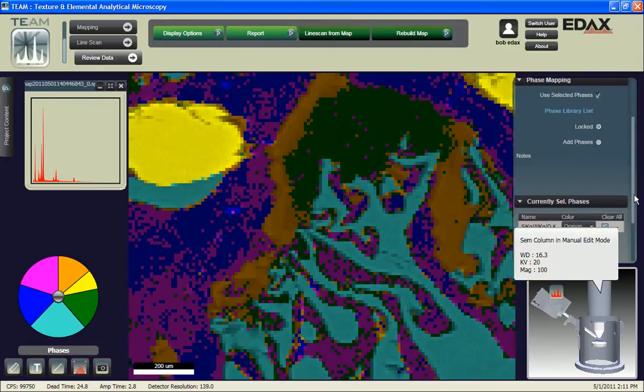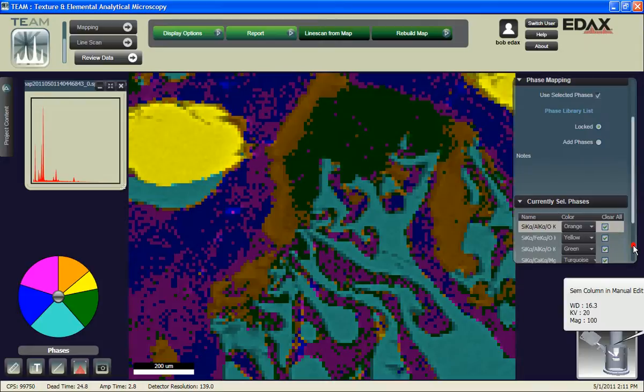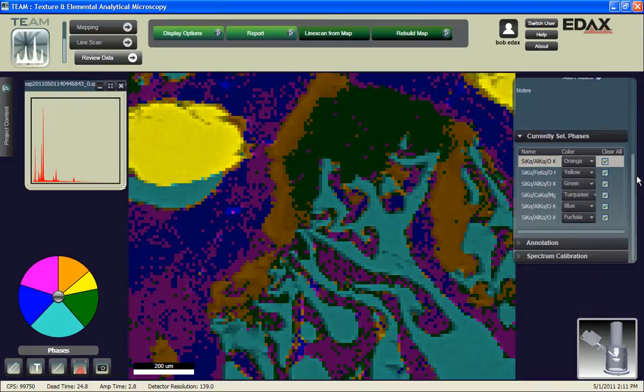Now it's changed the sequence here, but the colors are the same. Orange, yellow, green, turquoise, blue. The yellow is the iron-rich phase. The turquoise was the calcium-rich phase. That is true. And so that's a way that we can always get the phase list that was used for a previous map set, whether it was done as a manual addition of phases, or if you wanted to, you